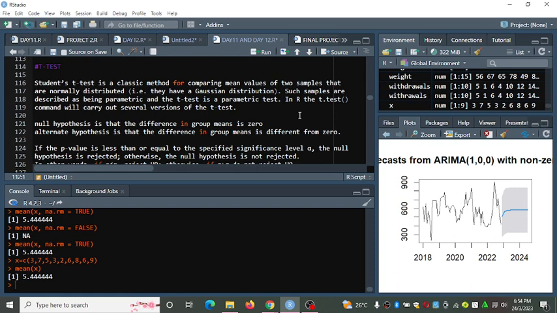And remember, the tail can be either left or right. But if the question has not specified, you just use the two-tail t-test. And remember, for the two-tail t-test, the alpha is divided by 2.